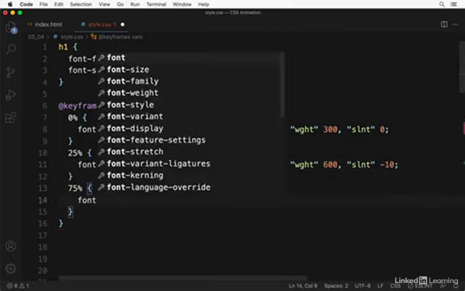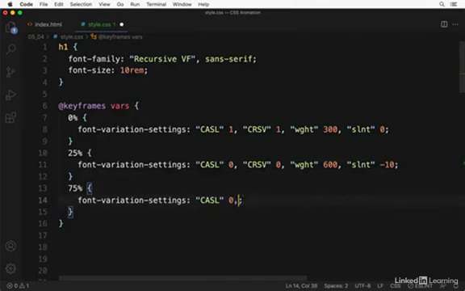At 75%, I'll set the casual back to 0, the cursive remaining at 0, the weight at 300, and our slant